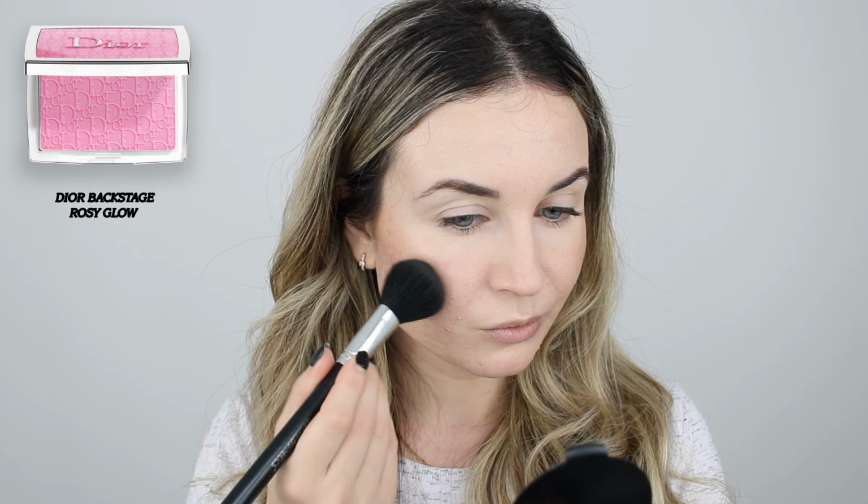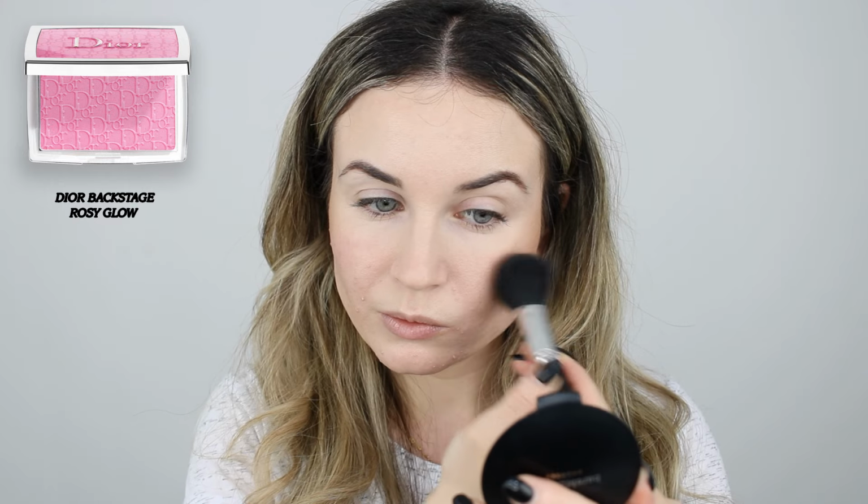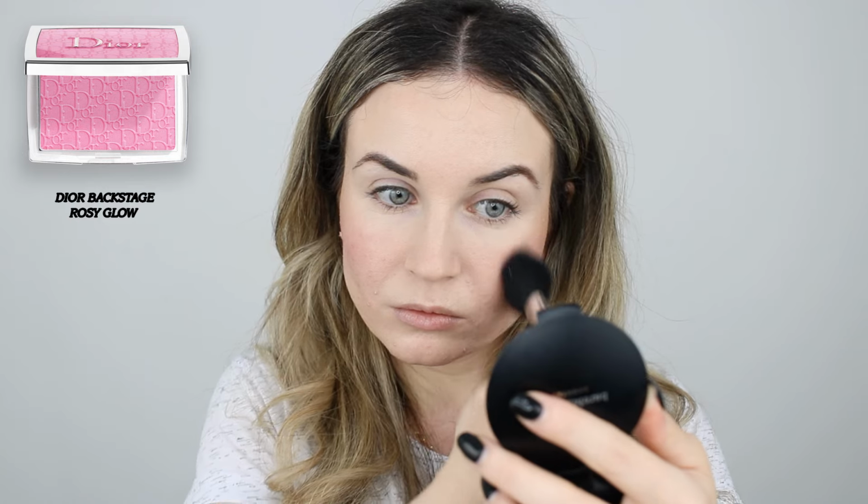And as my blush today, I'm going to use this DIOR Backstage Rosy Glow, this gorgeous blush color, very pretty. This blush is very pigmented, and you only need to use a very tiny amount of it, and you can build this as much as you want to get the finish that you want. So I will leave my complexion products like this for now, and I'll move on to my eyes because I